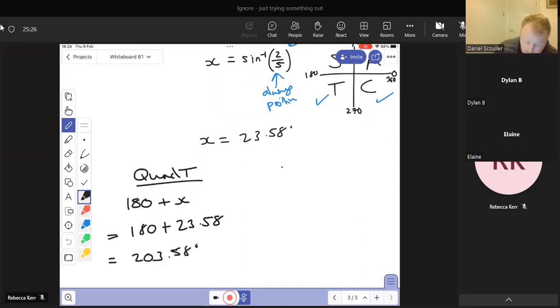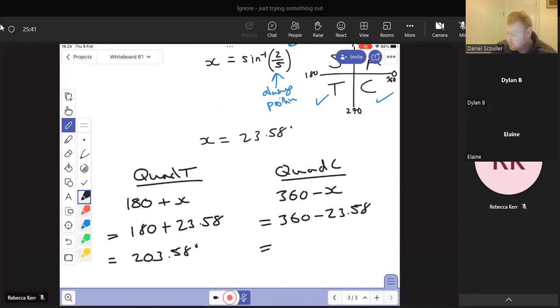Okay, then quadrant C is 360 minus x, and that's 360 minus 23.58. And that I can't do in my head. 336